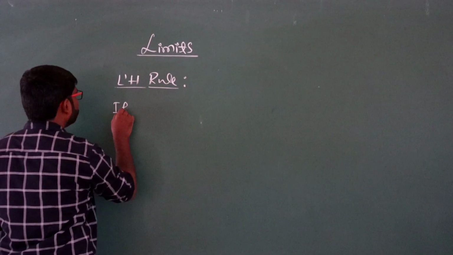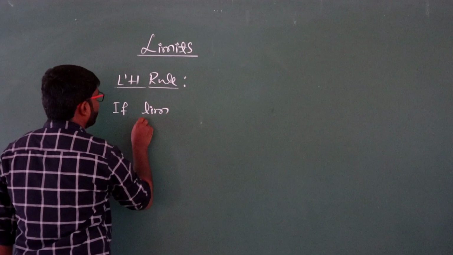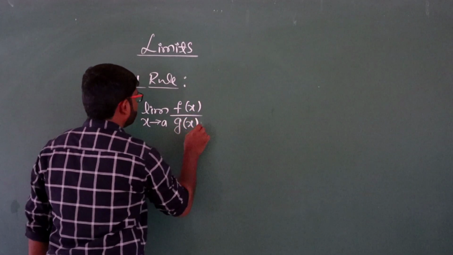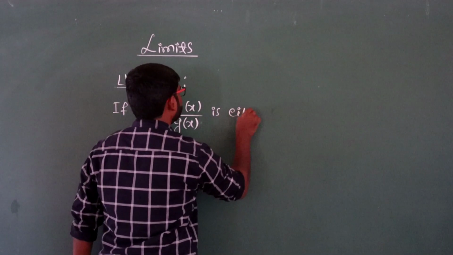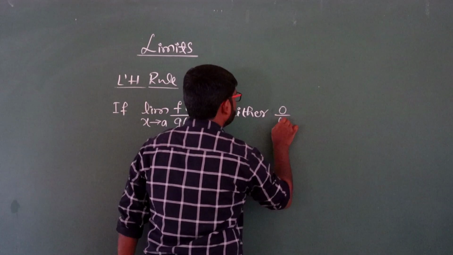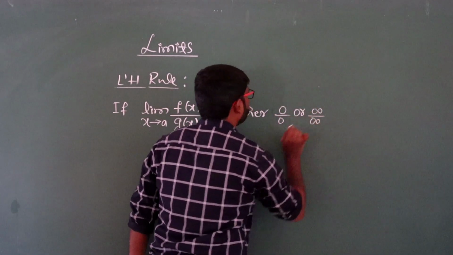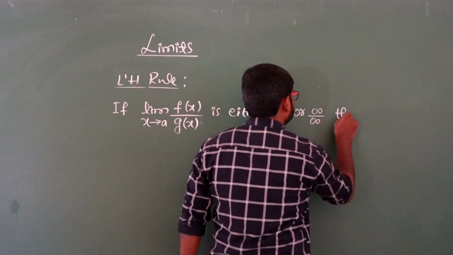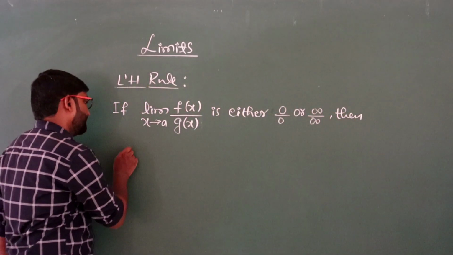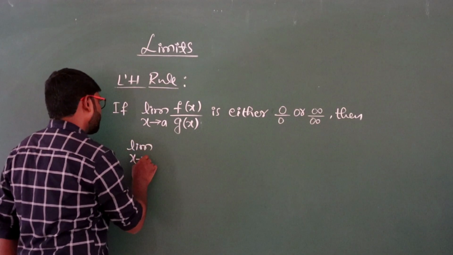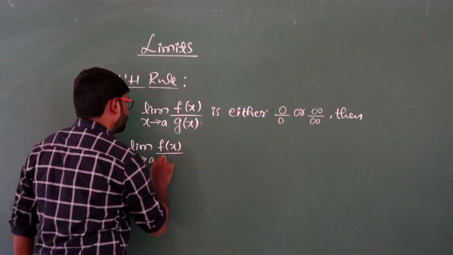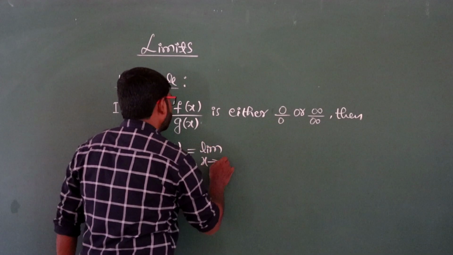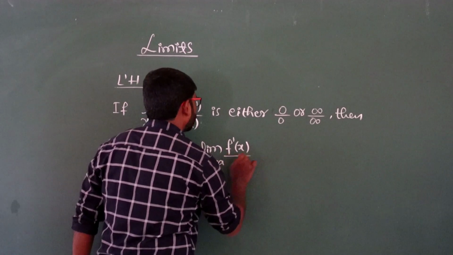So the rule says, if limit x tends to a, f of x by g of x is either 0 by 0 or infinity by infinity, these are indeterminate forms that we have already studied in our first PUC maths, then limit x tends to a, f of x by g of x